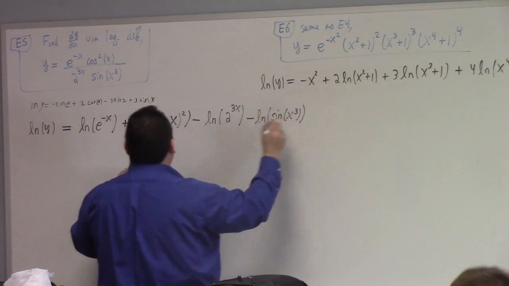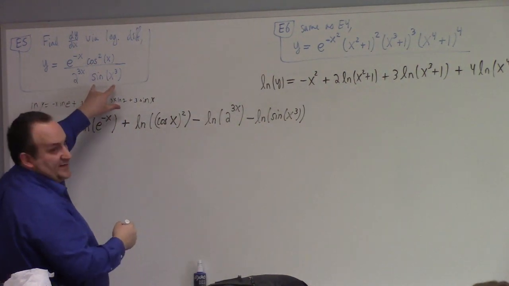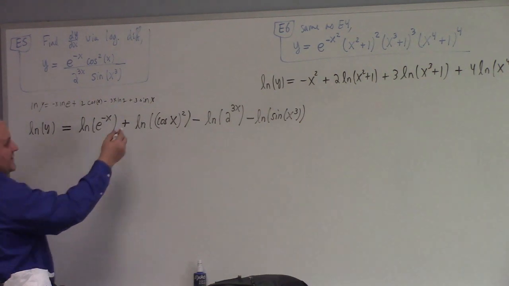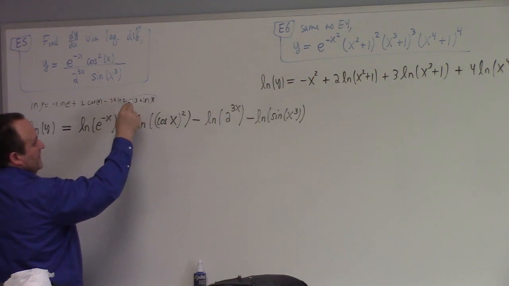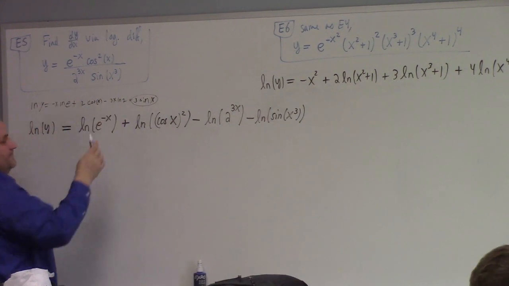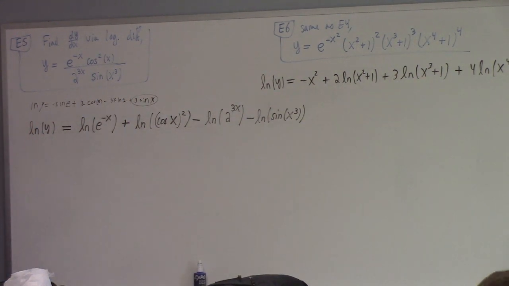Notice there's a very big difference between cosine squared of x and sine of x cubed. That square means the whole cosine's being squared. The cube just applies to the argument inside the sine, right? They're really different. And unfortunately, look at this. I fished you in. See that? This would be the kind of thing you would do if we had like a sine cubed of x. You'd be doing that step. That's still not, there's something else wrong, right? It should also have a natural log on the sine. So like the next step here, I don't like this one.